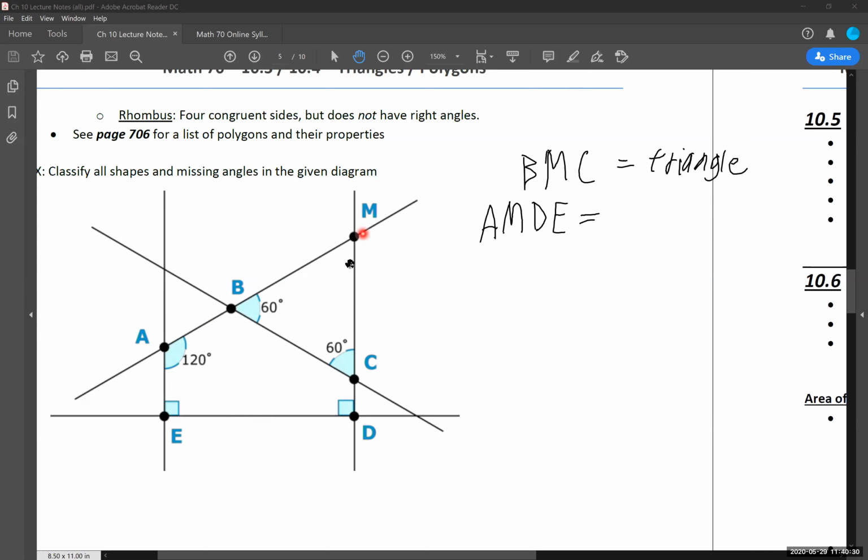But based on our classifications and our information that we just went through, it's not a square, it's not a rectangle. Looking at this, I'm saying, well, I've got some of these things that, yeah, they look like maybe this vertical line here is parallel. Maybe this vertical line here is parallel. I have not been told that explicitly in this problem, so I cannot make the assumption that this line and this line are parallel.